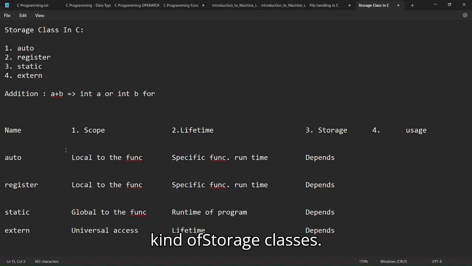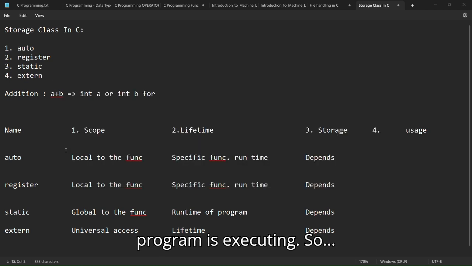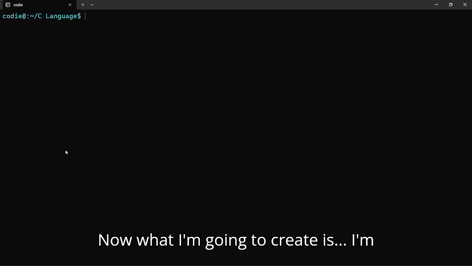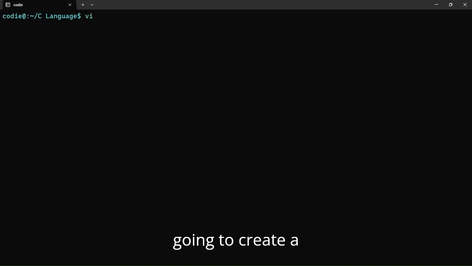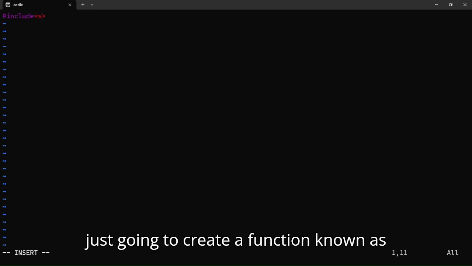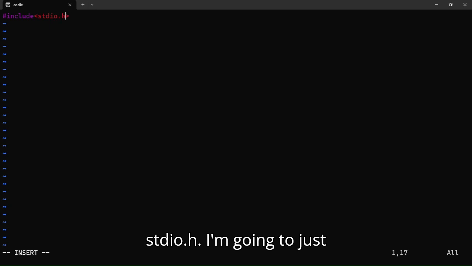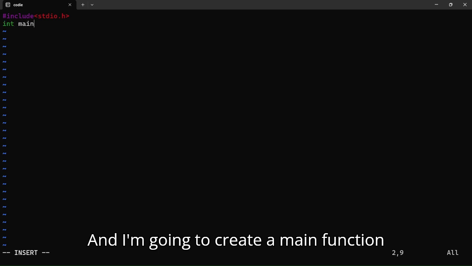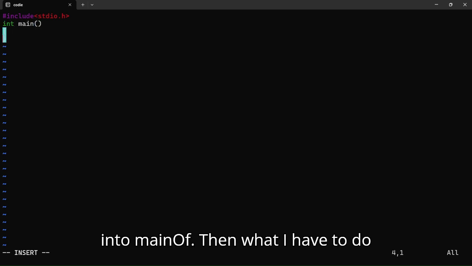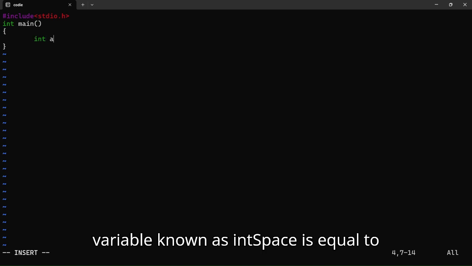For simplicity and small-scale usage, you can use these kinds of storage classes. Let's see an example of how the auto storage class executes in our program. Now I'm going to create a program known as auto. I'm going to import the header file stdio.h, and create a main function, int main of. Then I'm just going to declare a variable, int a is